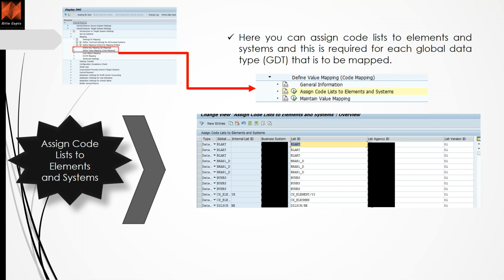Also, if you want to change anything in terms of data objects, for example you have a custom object which you want to map that standard SAP will not provide, then you have to add the data type. You can create new entries. All the standard SAP things are provided.